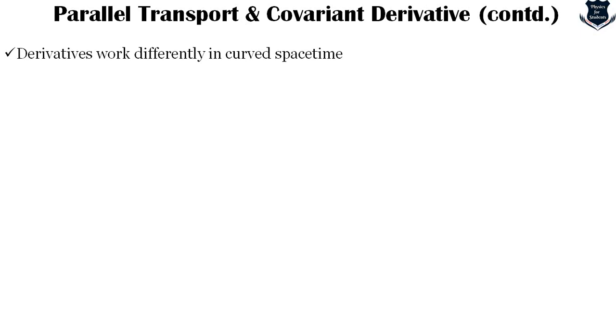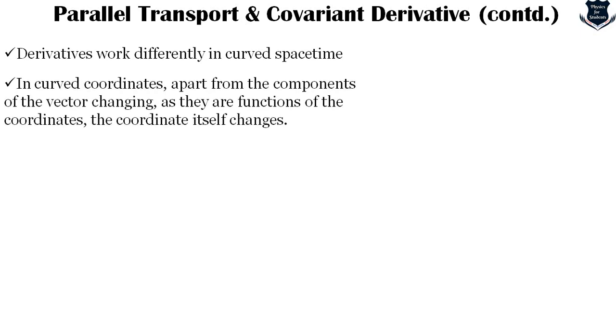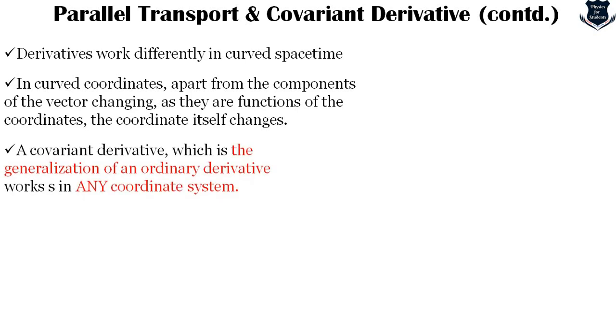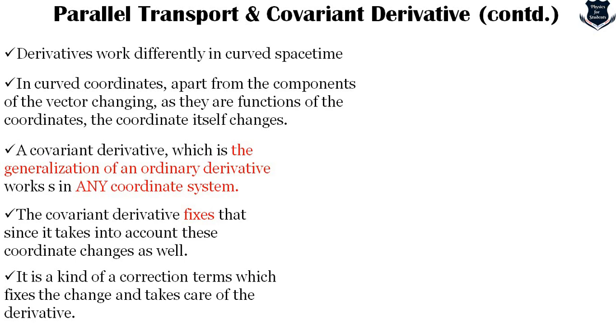Now, in a curved coordinate system, apart from the components of the vectors changing, because they are functions of the coordinates, the coordinates themselves change. So in curved coordinates, apart from the components, the coordinate also changes. The covariant derivative, which is the generalization of an ordinary derivative, works in any coordinate system. A covariant derivative fixes that since it takes into account all the necessary changes, and it acts as a